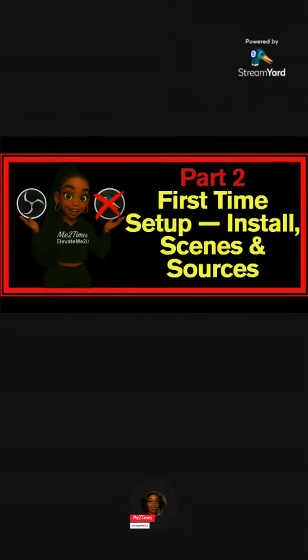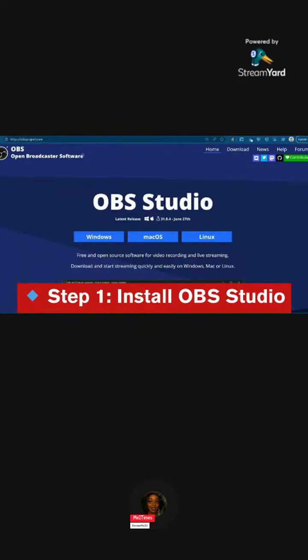Installing OBS Studio and creating your first scene. Alright, y'all, let's dive in and set this up together. And if you've never used OBS Studio before, don't worry. We're learning this step by step in real time, and here's how you get started. Step 1, you're going to install OBS Studio. First things first, head over to